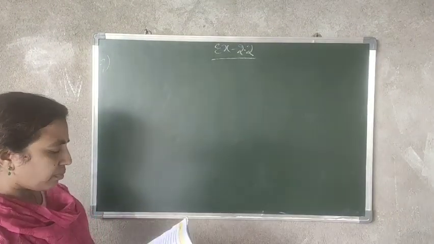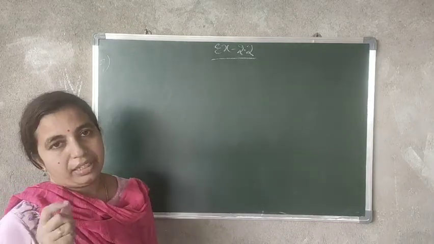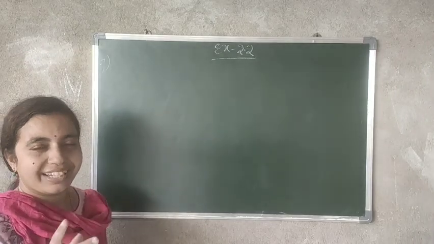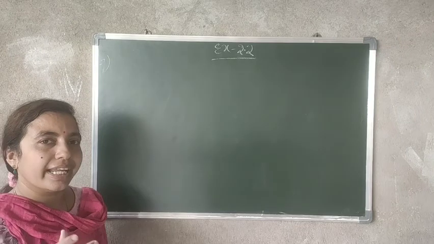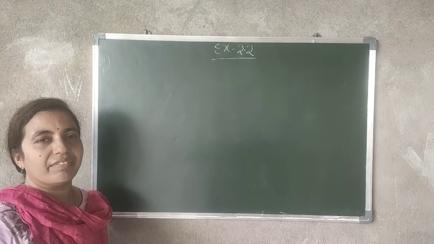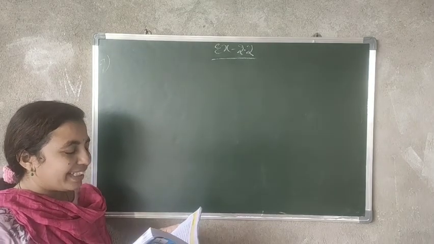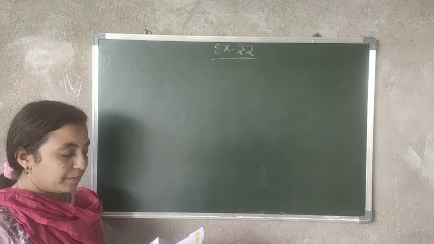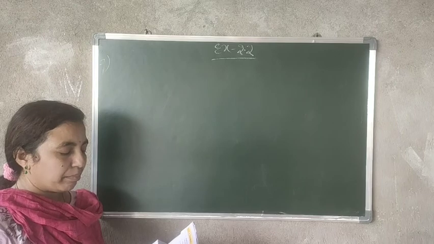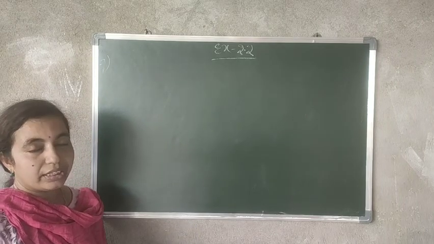Now see, what is given? Vinay bought a cake. Okay, it's his birthday, I think. So he bought a cake, and what did he do? He made that cake into 3 pieces. Only 3 pieces, because he wanted to share with his family only, I think. Then he weighed the first piece. He found that it was 7 grams lighter than the second piece and 4 grams heavier than the third piece.